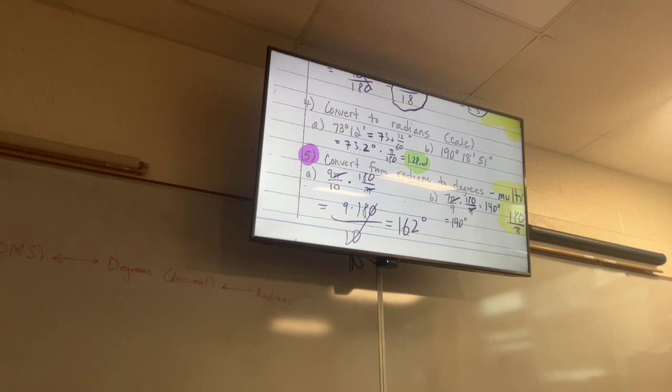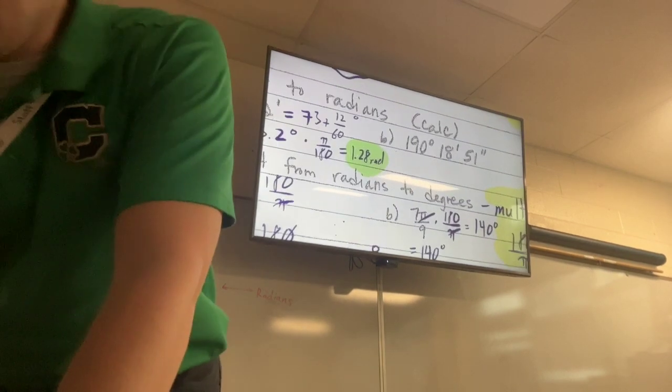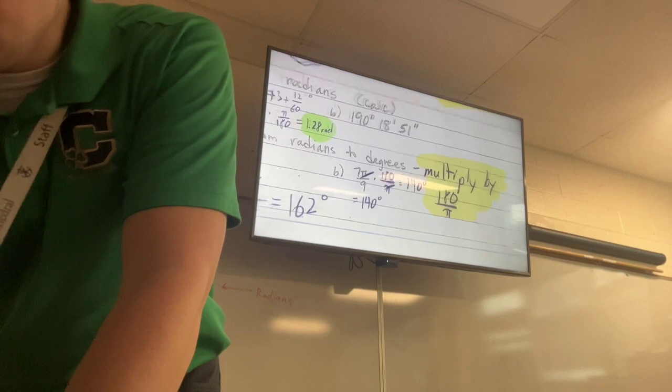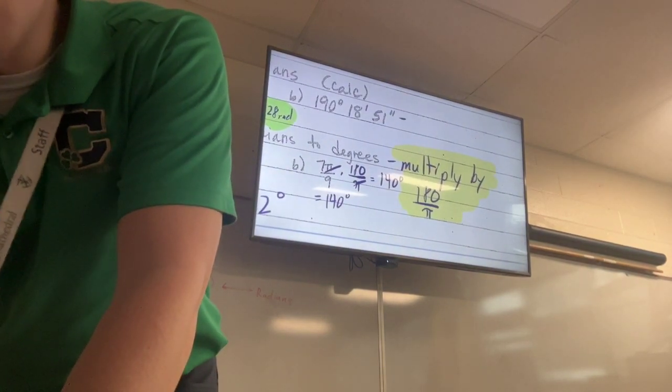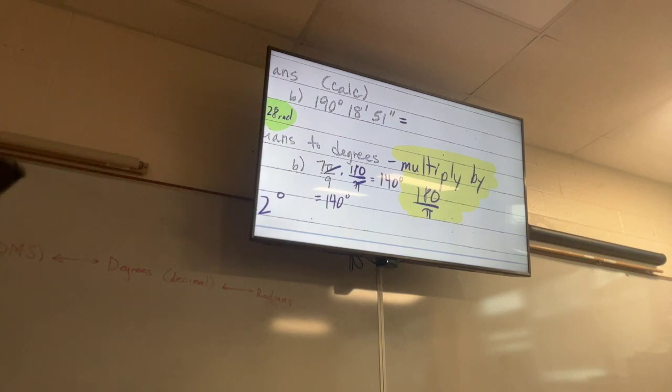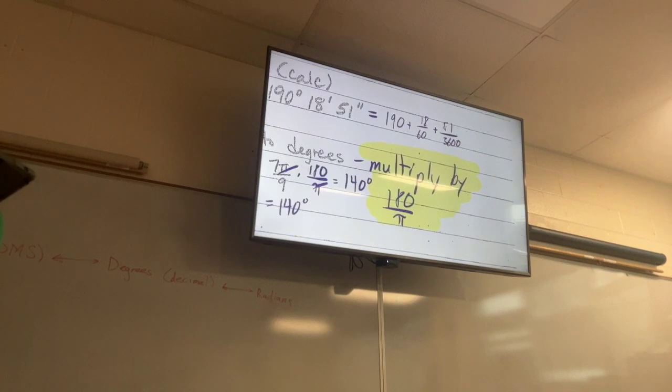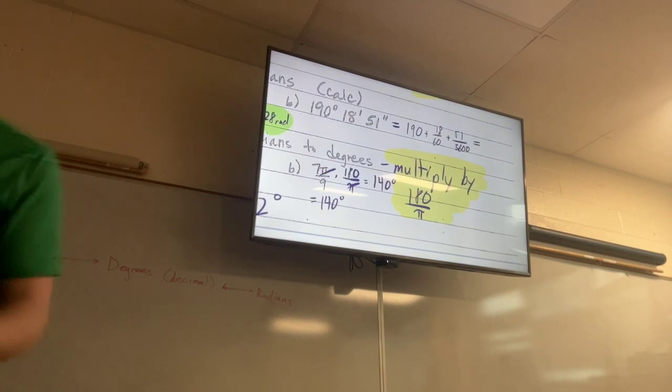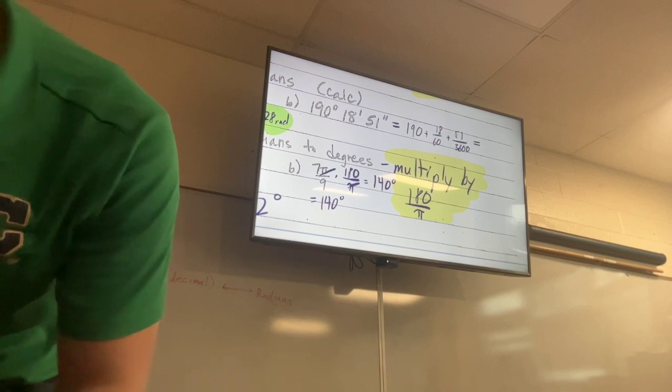Yeah. All right, guys, I'll do this one real quick for you guys. Okay, so part B, we start from that DMS number they gave us. We want to convert it to decimal, right? Okay. So 190, we do 190 plus 18 over 60 plus 51 over 3600, right? My minutes over 60, my seconds over 3600. Okay, that's going to equal about